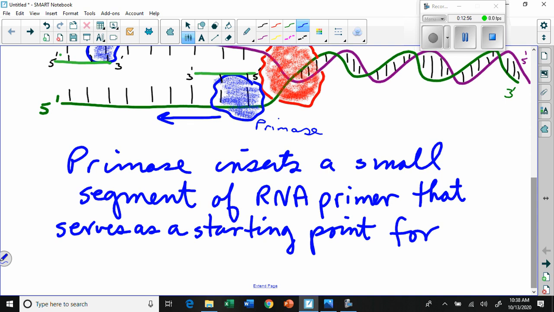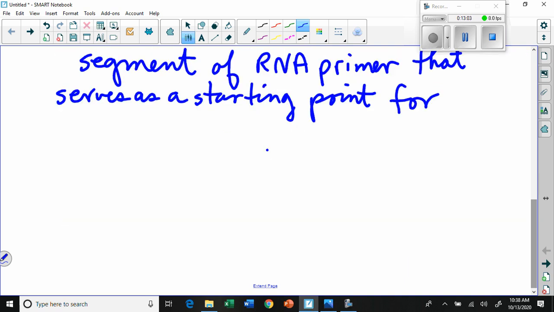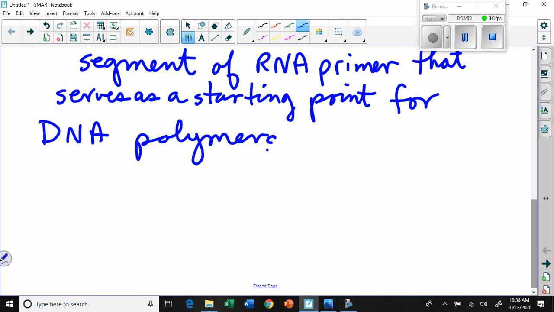For another enzyme, which is called DNA polymerase 3. So, a starting point for DNA polymerase 3 to begin assembling